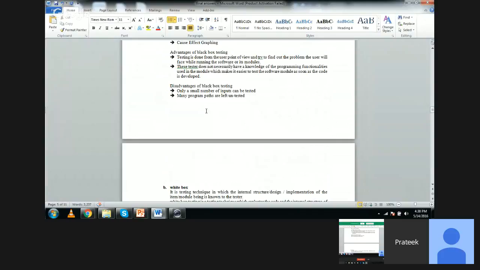Okay. So what should I do? Should I remove these advantages and disadvantages? Or you can just make them little points instead of explaining too much. Actually, they're little already. Just make a table of advantages and disadvantages and add the points. I can remove and add one point to each advantage and disadvantage. How's that sound? It can be either one point or you can compact it in some manner.